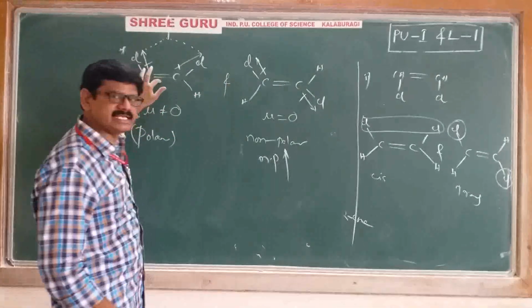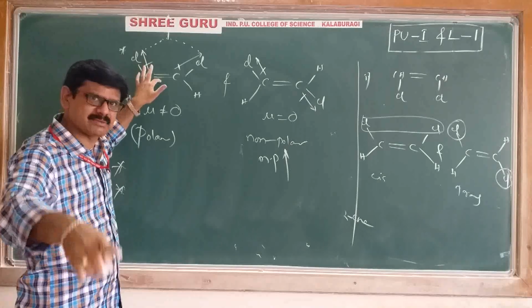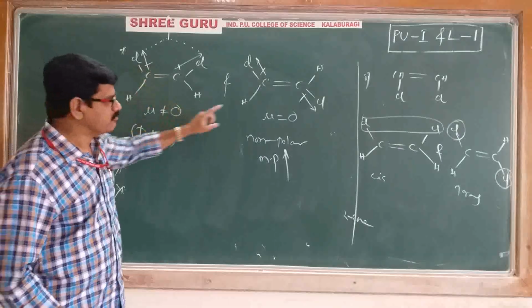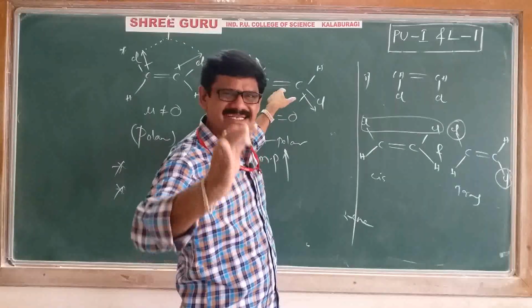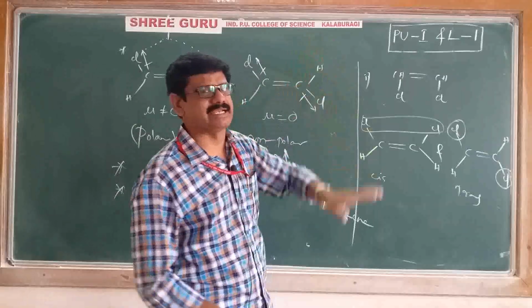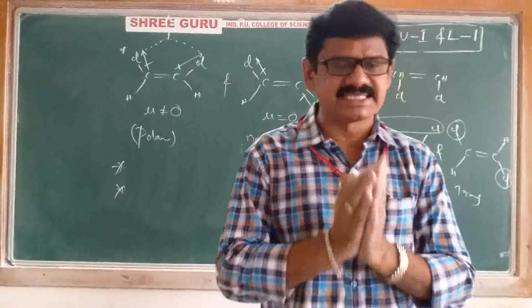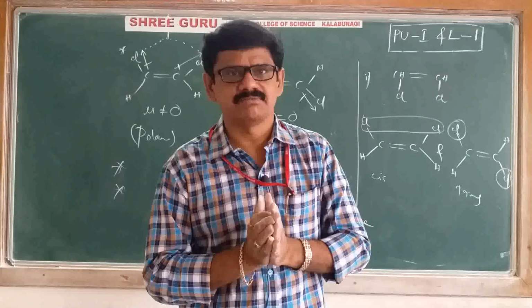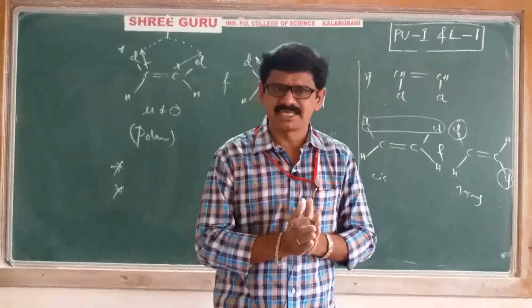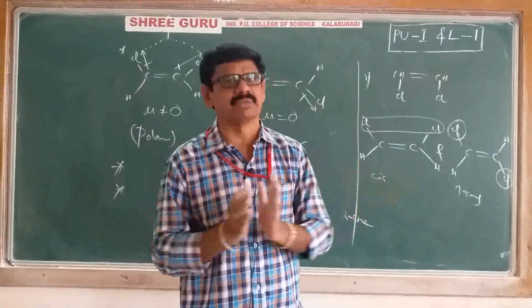Why is its boiling point more? Because of polarity, intermolecular attractions are more. That's why its boiling point is more. Why is its melting point more? Because of the perfect symmetrical crystal structure, its melting point is more. That's it. These are some of the points regarding the cis form as well as the trans form. This is about geometrical isomerism. Both structural isomerism as well as stereoisomerism in alkenes we have completed.